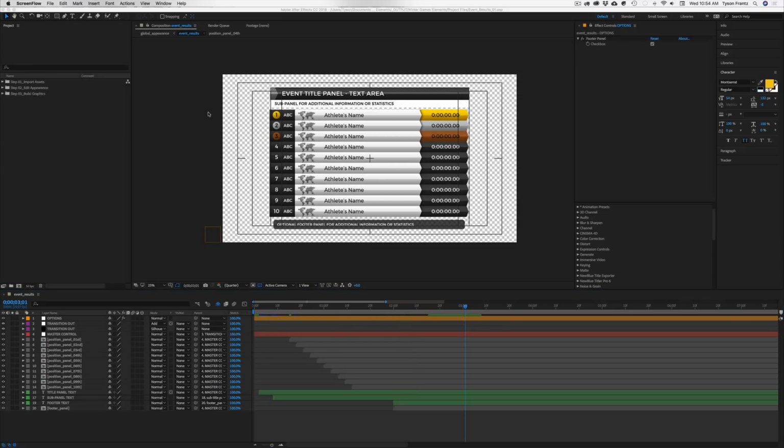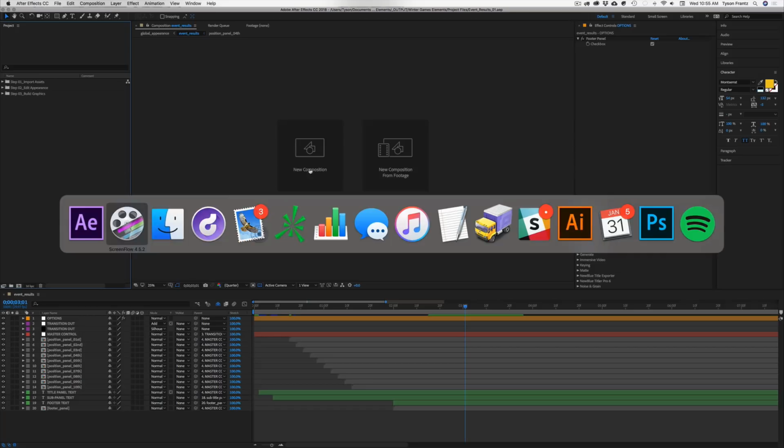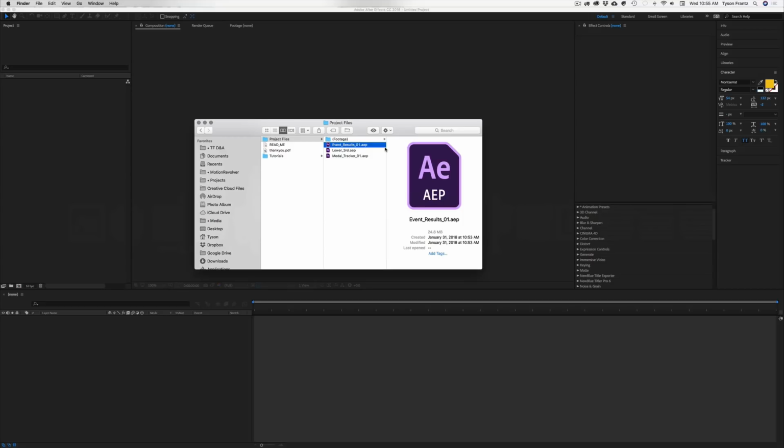So once you've customized everything you need to update in the event panel, since there are so many events and so many competitions in the Olympics, clearly you're probably going to need more of these graphics. Now, the way this project is set up, instead of duplicating this composition, the way to create additional graphics such as this is we're going to close this and open up our project folder. And let's say, for example, once we've customized this, that event was for bobsled. All right. If we need to create one for, let's say, figure skating,